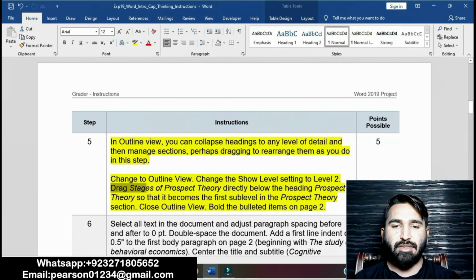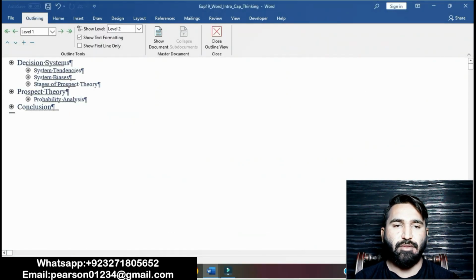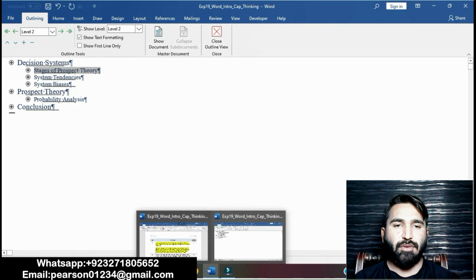And drag stages of percepts theory directly below the heading percepts theory so that it becomes the first sublevel in the percepts theory section. Okay.